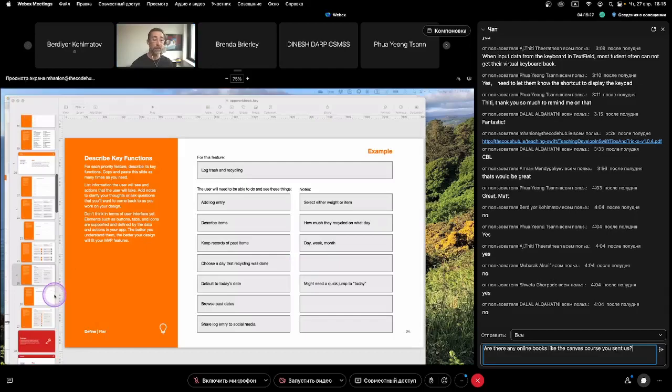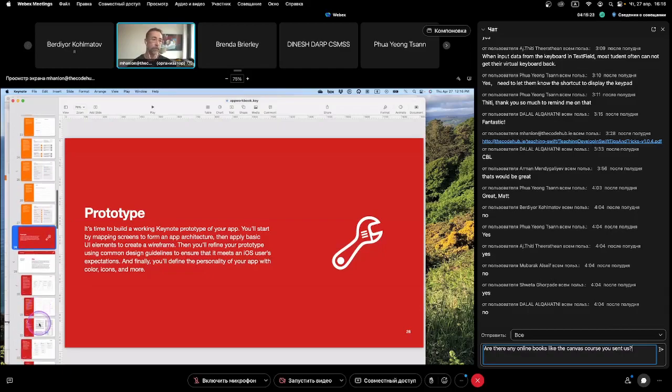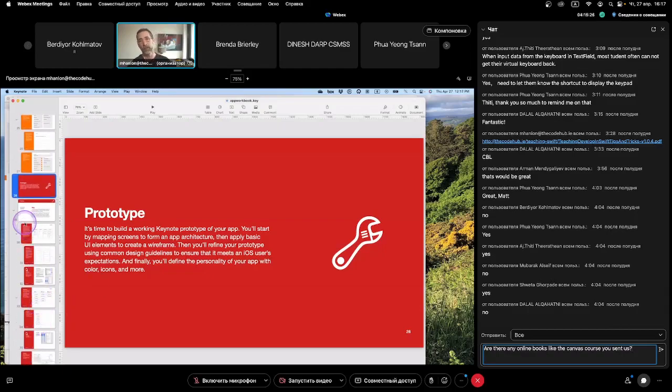So then we get on to the next step. So once we've figured out, okay, cool, this is what we're going to build, this is where we start prototyping. Now, prototyping can take all sorts of forms. The way that's encouraged here is to do it with Keynote. And the reason why is because when you build out a Keynote prototype,